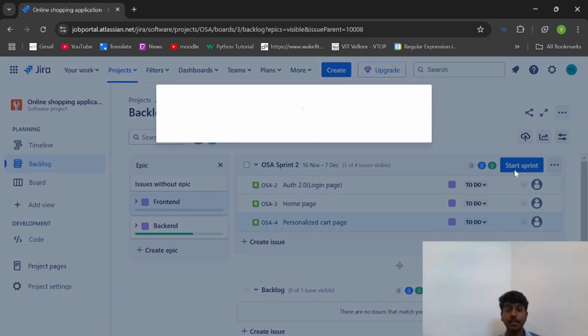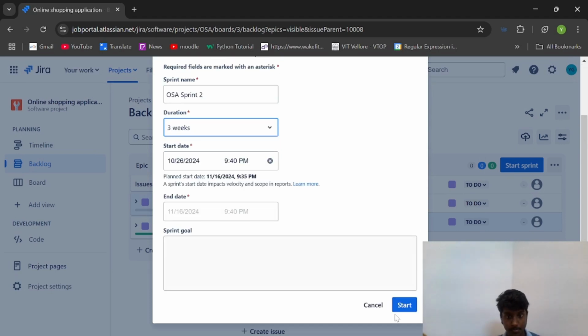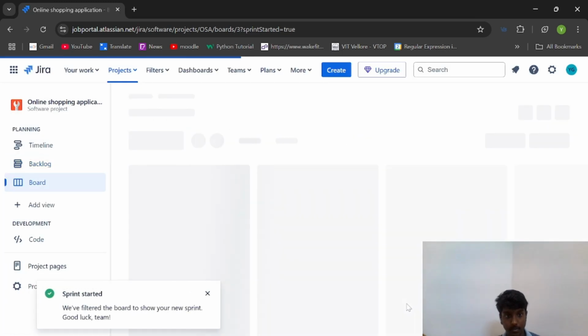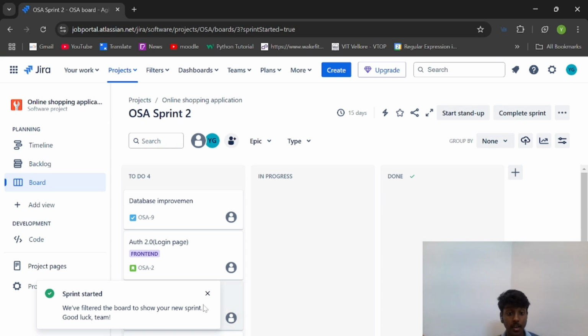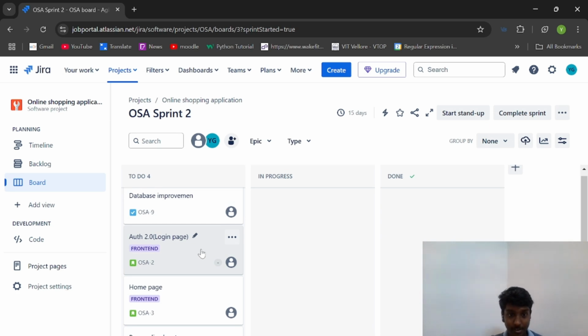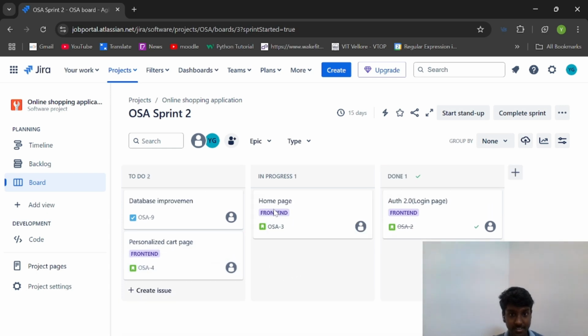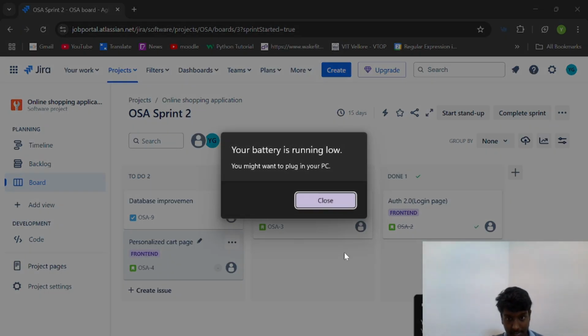The moment I click start sprint, duration 3 weeks, sprint goal we have discussed here. Okay. If you see this, this database improvement has been added to this sprint, which is sprint number 2. In sprint number 1, we have completed database creation and API integration. Now, if I complete or develop this, and finally complete this too,